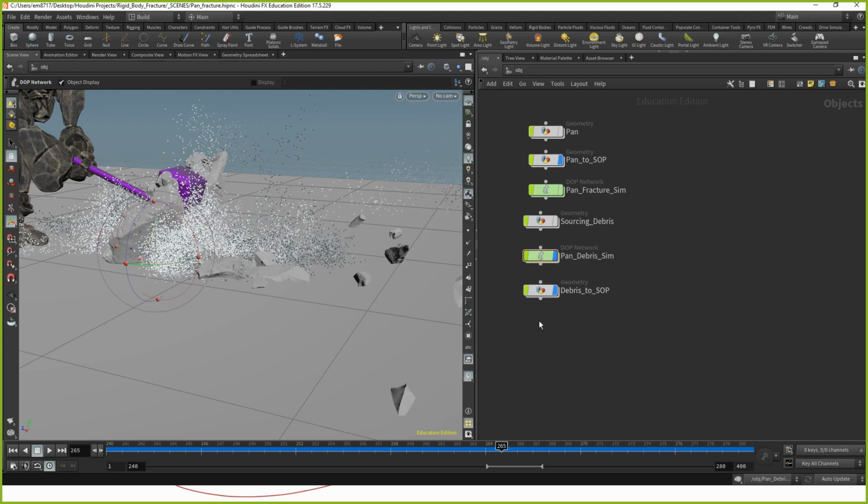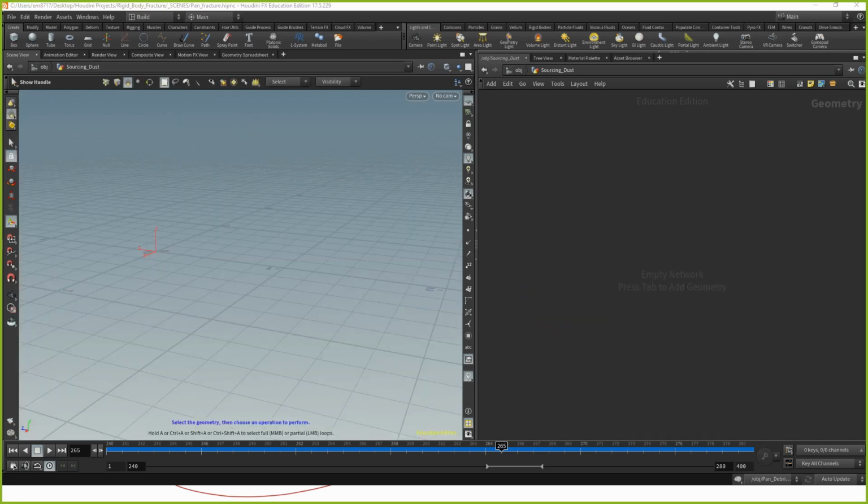So I add another geo and I call it, let's say, sourcing dust, and inside that